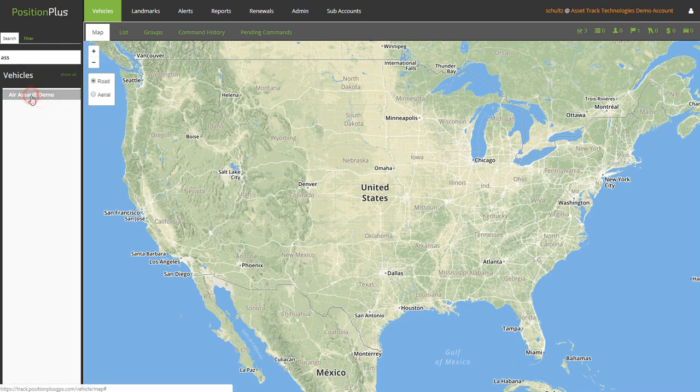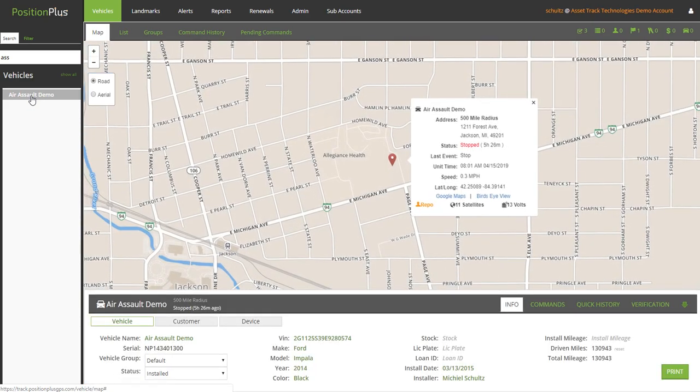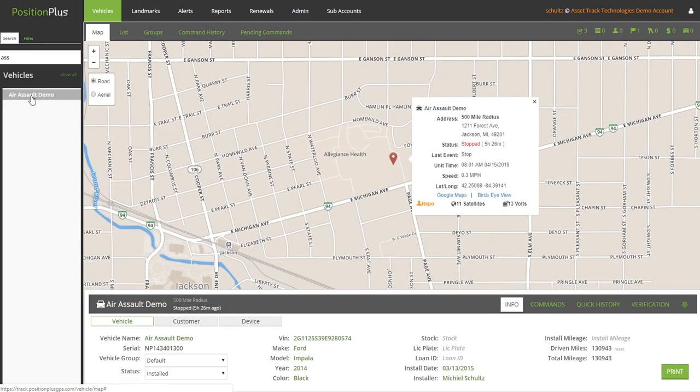Once you click on that device, it'll pop up and show you where the vehicle is, the status, that it's stopped, and that it's been stopped for 5.5 hours. Down here, when you come to the bottom of the vehicle, click on vehicle, you can change this. Then click anywhere, it'll save it, and now you can see up here on the left, change the